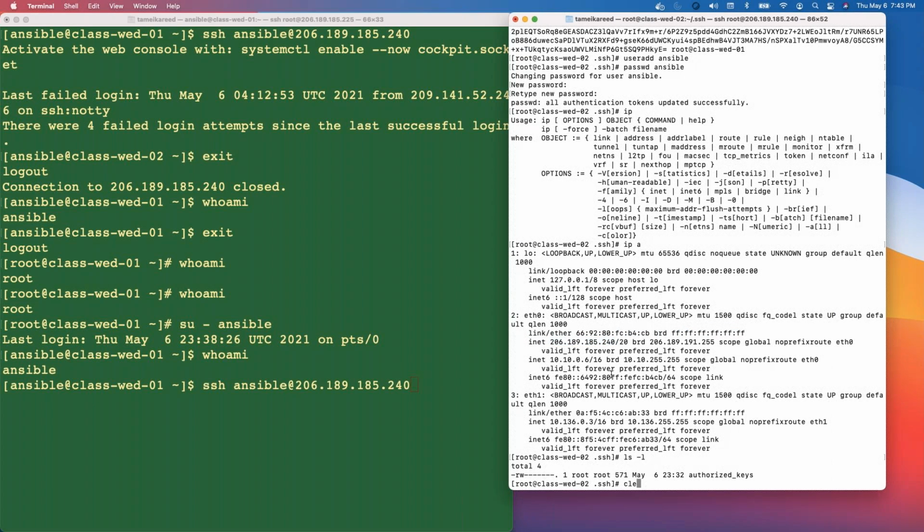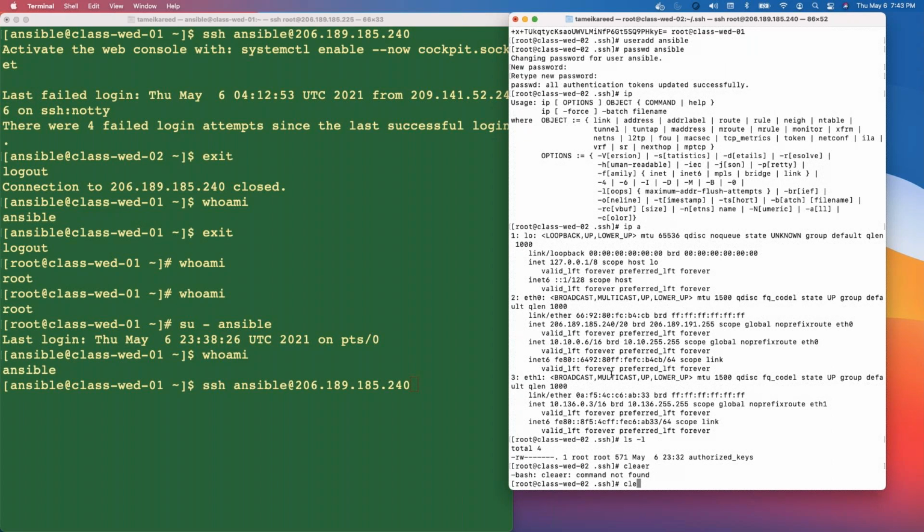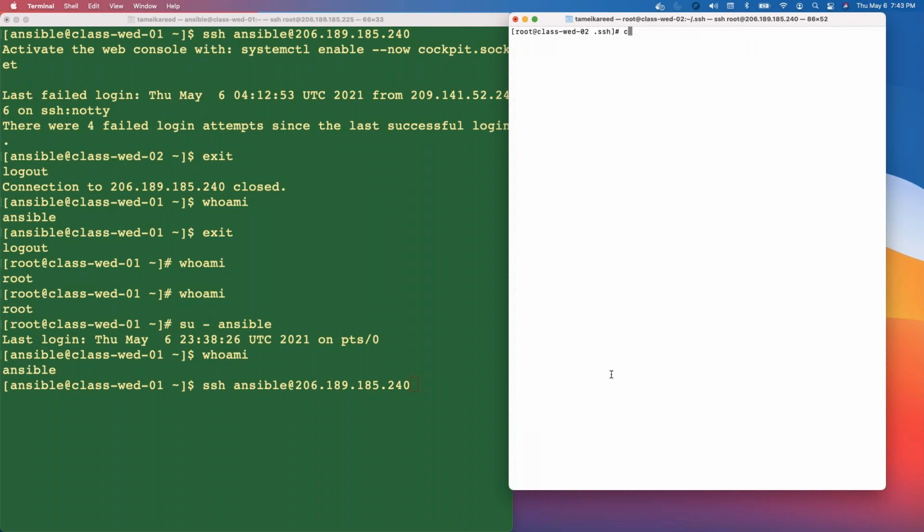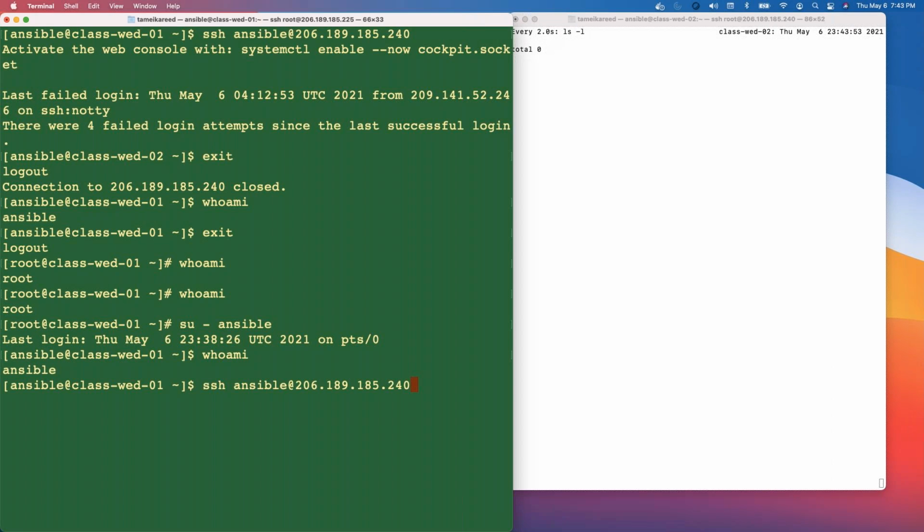Let's clear my screen over here, and we're going to do something else. We're going to go to our home directory, SU to Ansible, and do an ls. Now we're going to use the watch command, and we're going to watch ls -l in that directory. It's going to read it every 2 seconds. You can change this. But now we're going to say mkdir